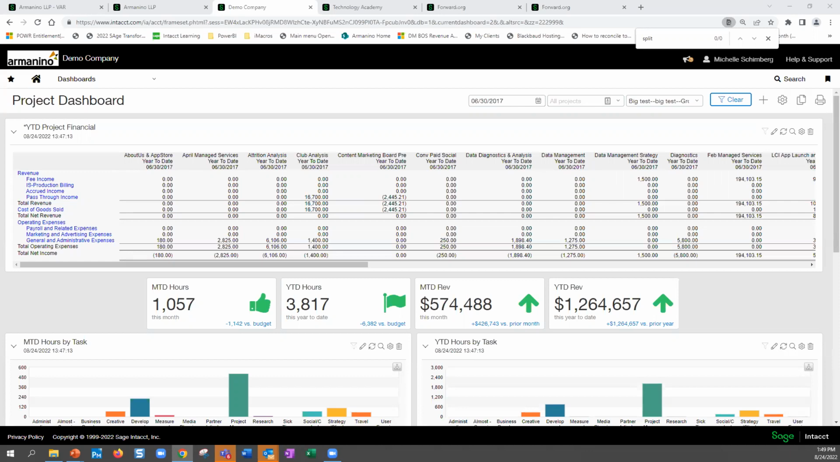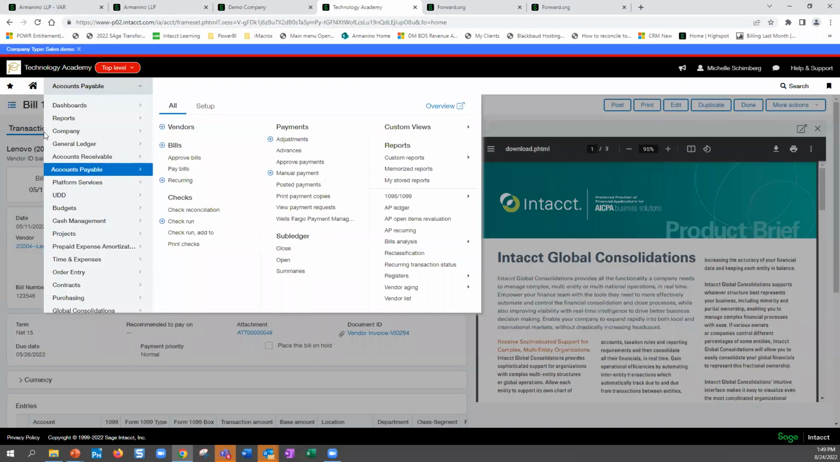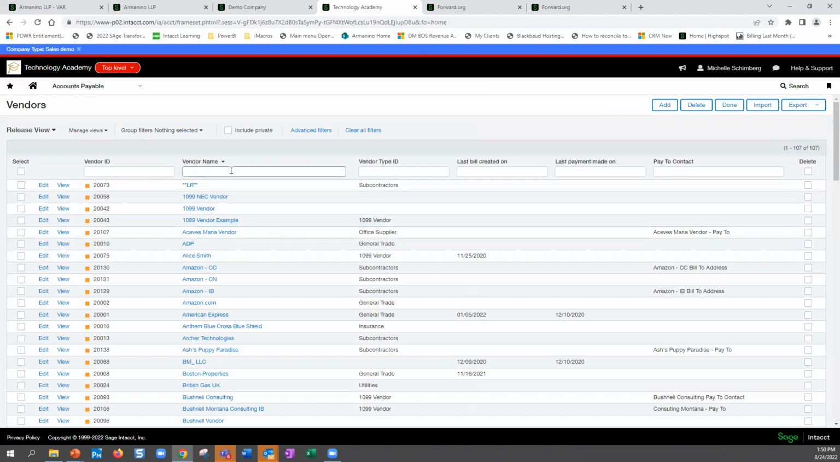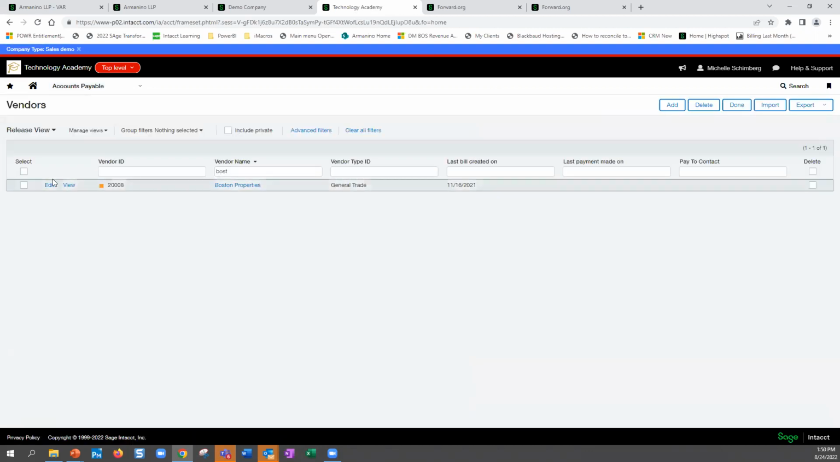On the vendor card, there's a place where you can add a default expense account. Is there a plan to add a default department to the vendor card? I don't know that there is. However, do you know that you can set up dimension relationships? So let's go to the vendor card. Accounts payable and vendors, and I'll show everyone what we're talking about here. So if I pull up Boston Properties and I view Boston Properties,